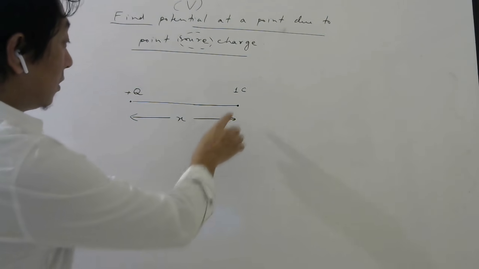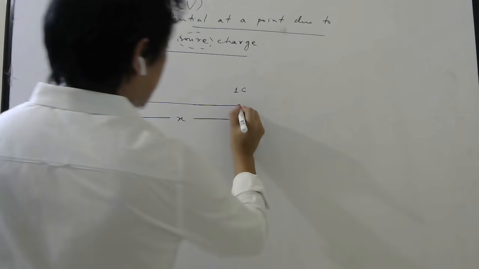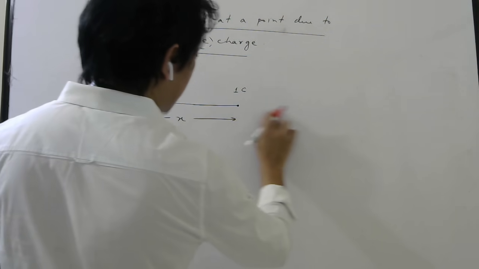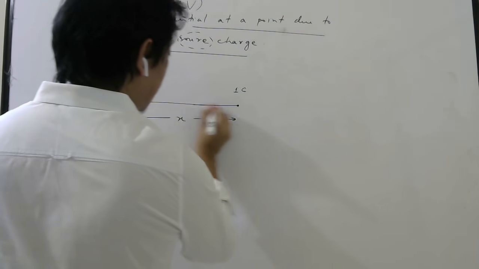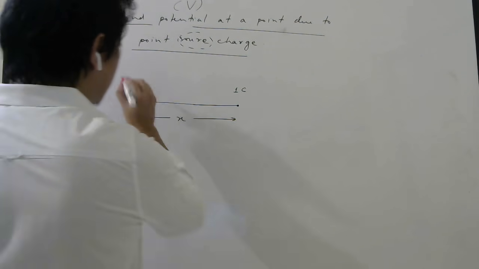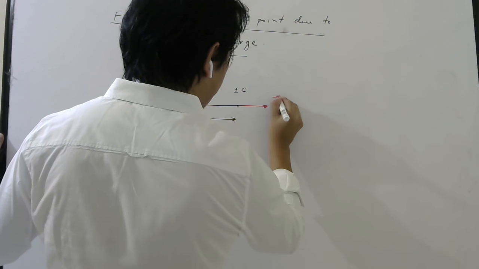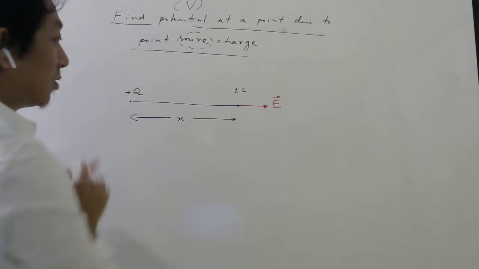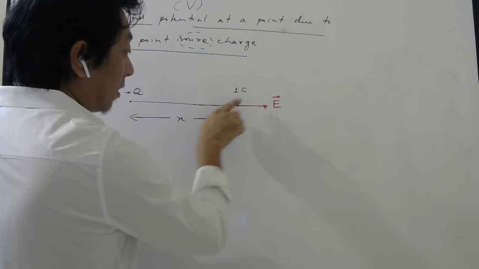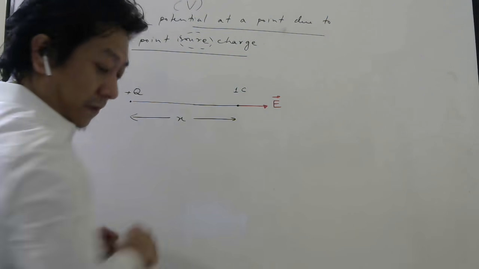So now this charge will be feeling an electrostatic force this way, because this is plus, so the force will be this way. So I need to apply the same force in this direction, yes or no? Or you can say this source charge will produce an electric field this way. This is the electric field produced by this source charge. That electric field will exert force on this 1 coulomb this way. So I will have to apply force in this direction.